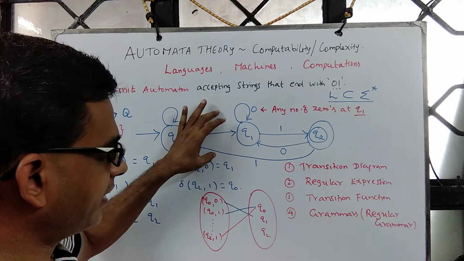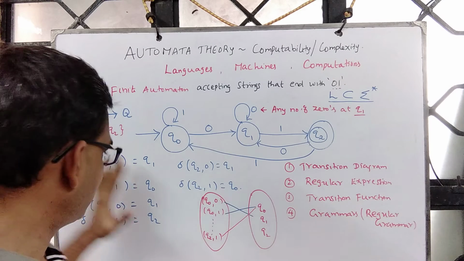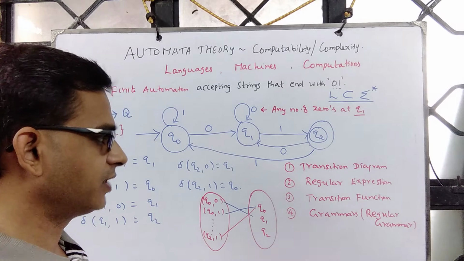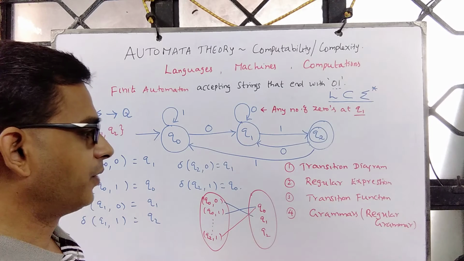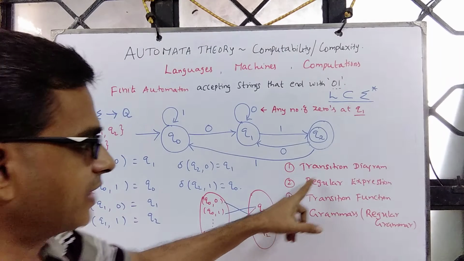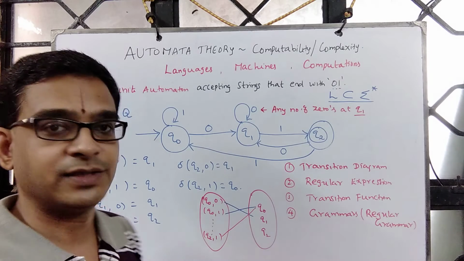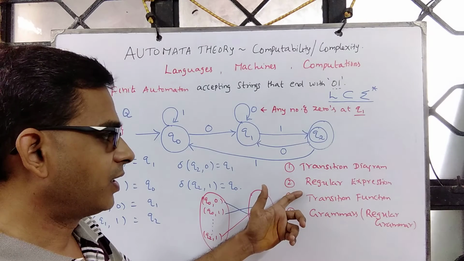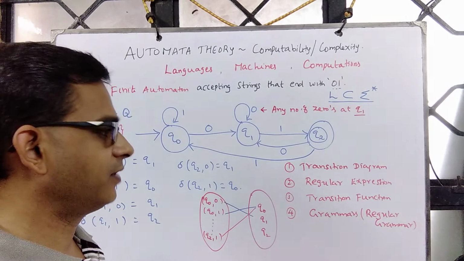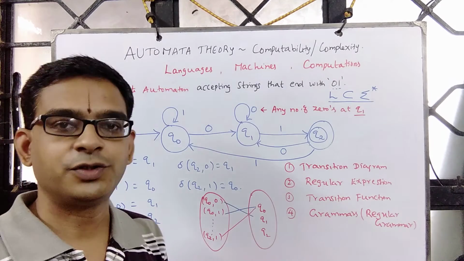Given a transition diagram, one can construct the transition function. Given a transition function like this, one can extract the underlying transition diagram. So in that sense, they are equivalent. And are these equivalent? Given a regular expression, can we construct the transition diagram? Given a regular expression, can we construct the transition function? And given a transition diagram, can we construct the underlying regular expression? All that we shall see. And one can also get something called grammars out of this, which we shall also discuss next.